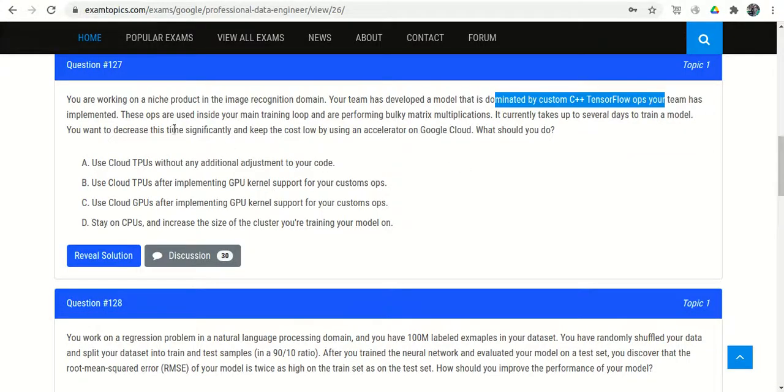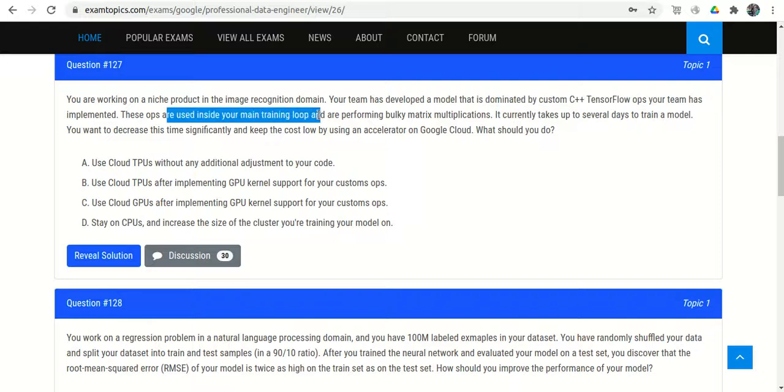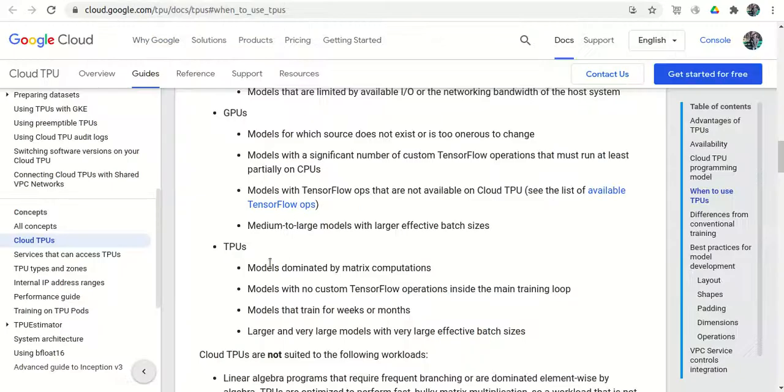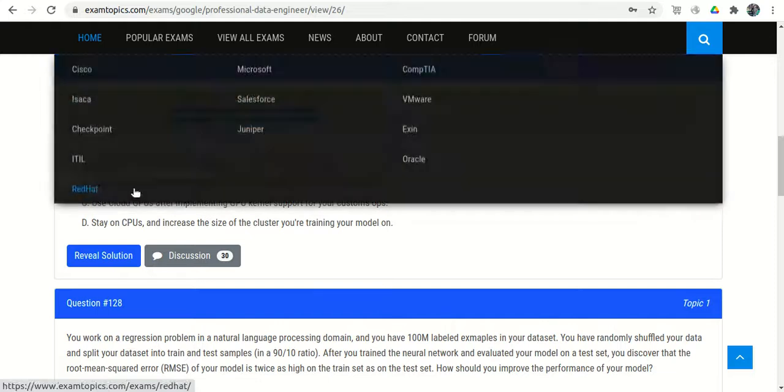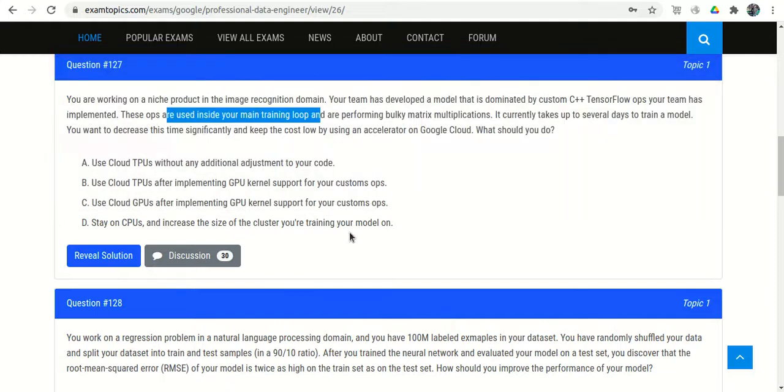But in our question, these ops, the custom C++ TensorFlow ops, are inside our main training loop. If these are inside our main training loop, then we will not use the TPU. TPU will be used only when the models have no custom TensorFlow operations inside the main training loop, but here they are inside the main training loop, so we will not use the TPUs.